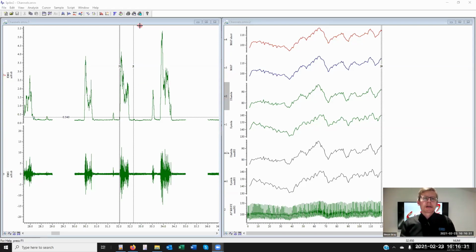I'm going to close this data file down. I may come back to it a little later, depending on the questions. But now I have two windows. I have the original view on the left-hand side and then a duplicate which I've produced on the right-hand side. It's Friday evening, as it were. I want to shut this down and I want to come back on Monday morning and bring up this data exactly as it was before,